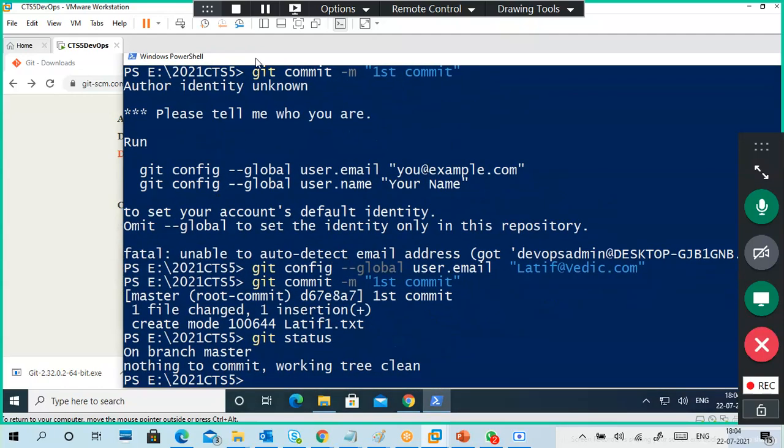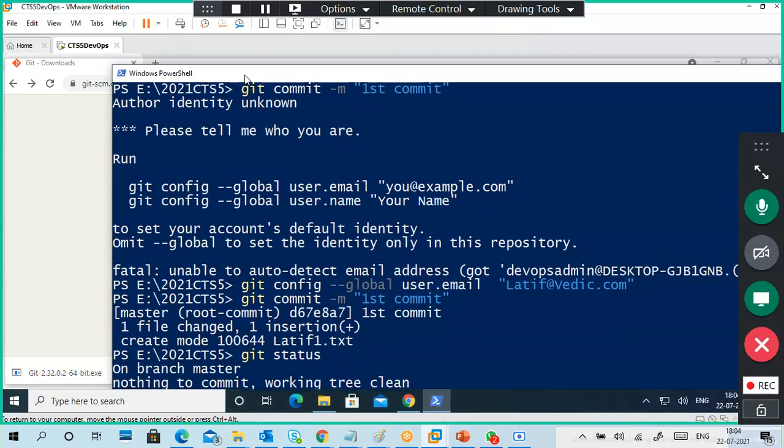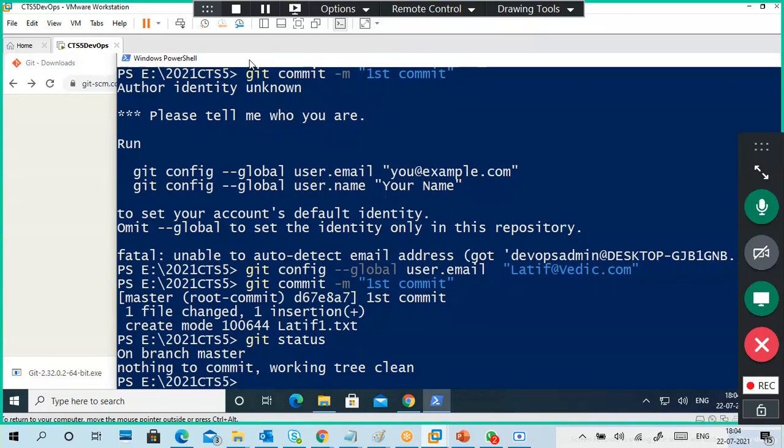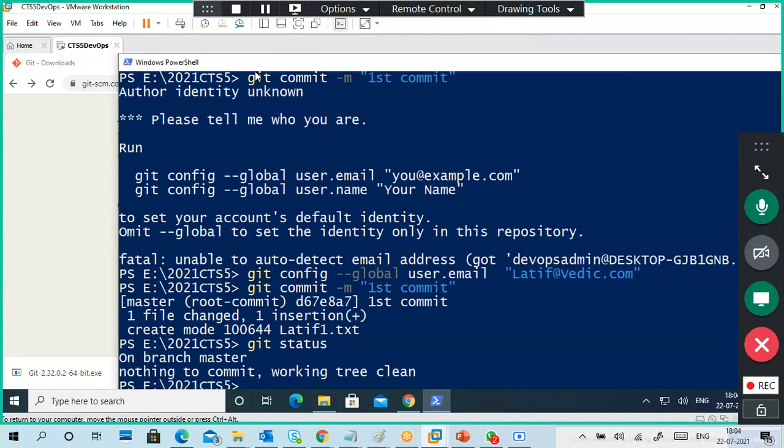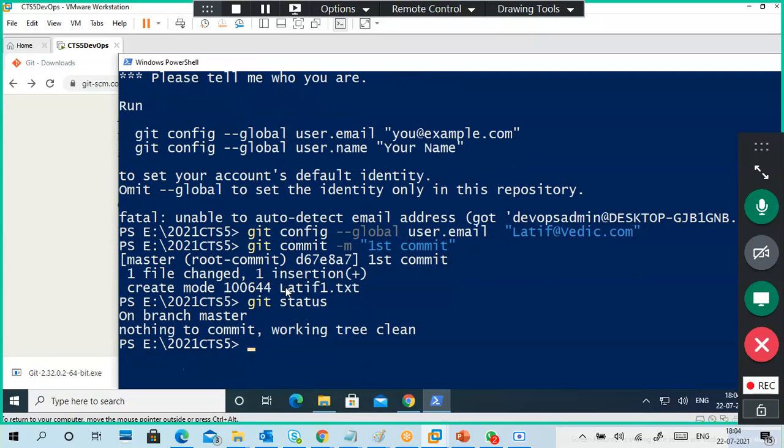Now it is a better screen. Okay, I'm typing git remote add origin.